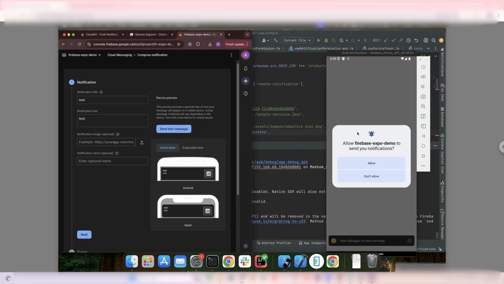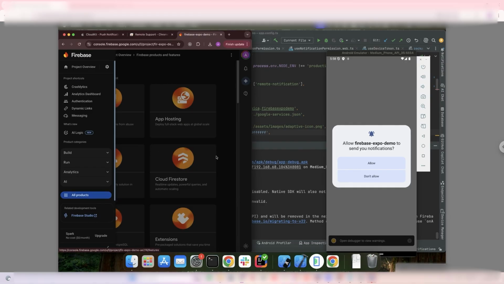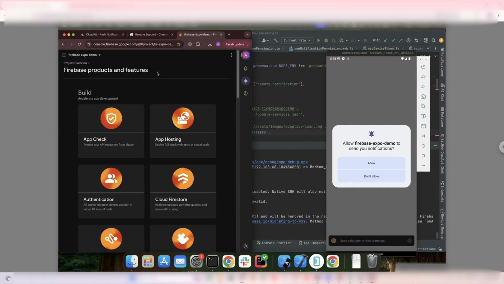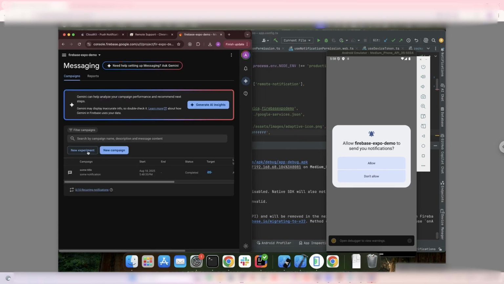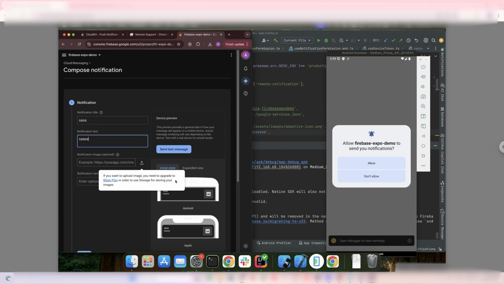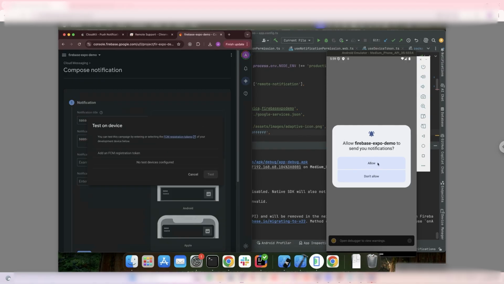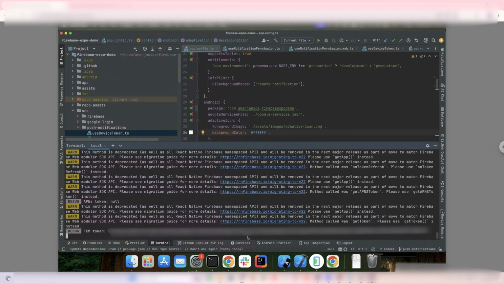And if you want to test push notifications on Android, you can do so with the Firebase Cloud Messaging service. You can find it by going to Firebase console, select your project, and in all products, find Cloud Messaging. You can set a new campaign, notifications, enter something for title and description. You will see the preview over here and find the send test message. You first need to enable sending notifications, so allow it, and copy the Firebase Cloud Messaging token that you see